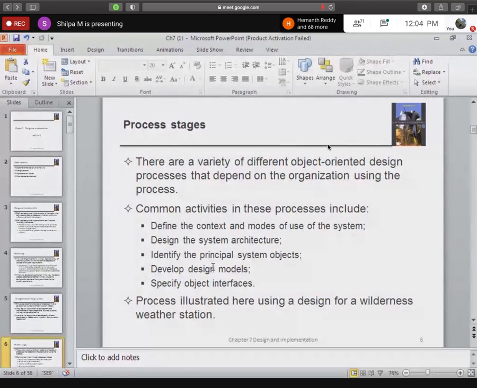Whereas in object oriented programming, you design the programs using classes and objects. Why classes and objects, ma'am? Because managing the code using this object oriented programming is easier. That is maintainability, modification, everything is easier in object oriented systems.